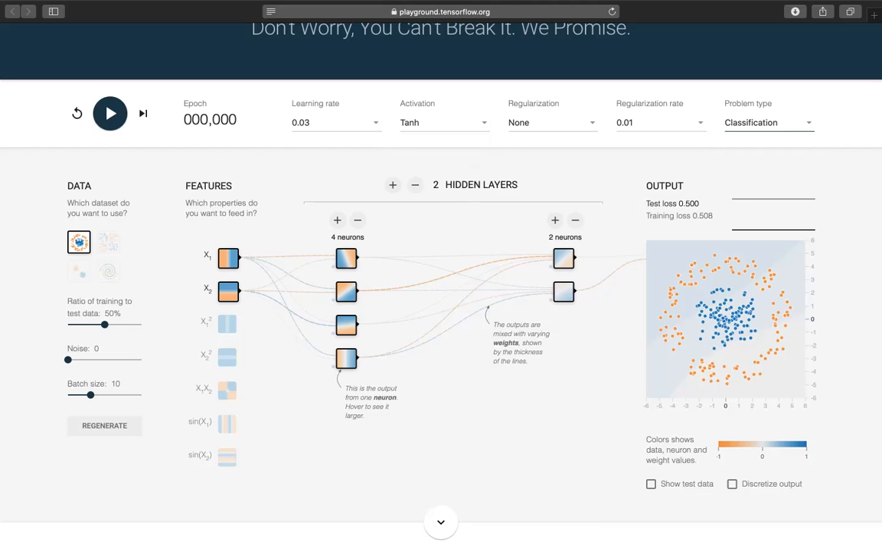So when I hit play, the things to look at is the test loss and the training loss. Again, loss is a measure of how good your model is. So you should just look at what happens to loss. And epoch over here is just a time counter. So if I hit play,